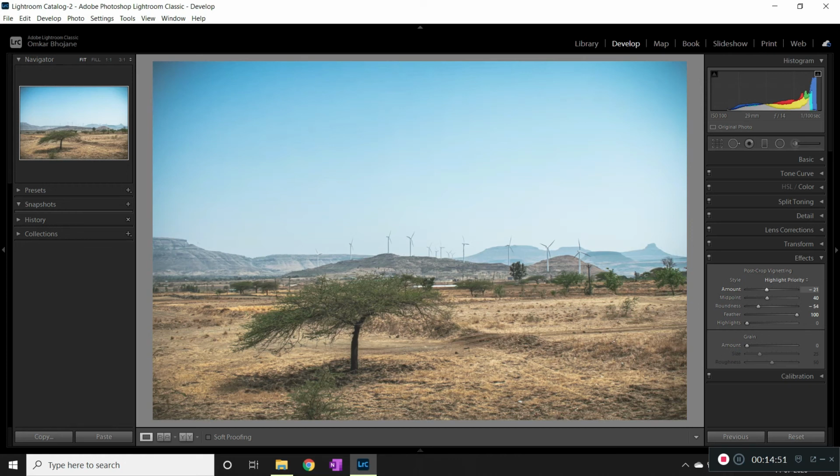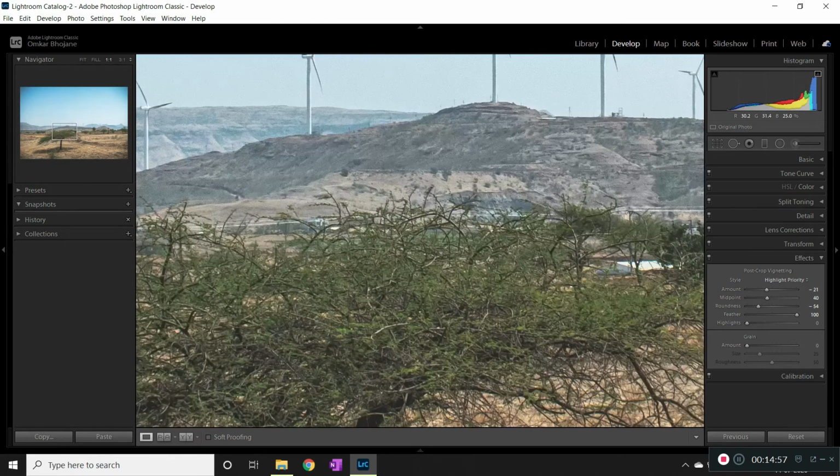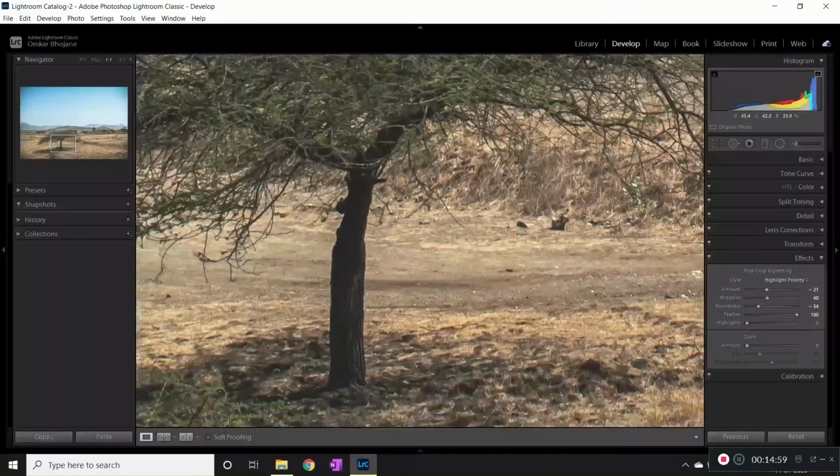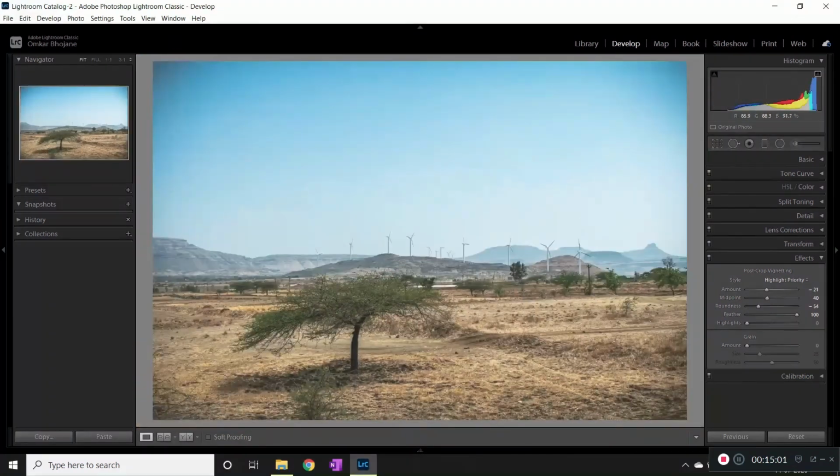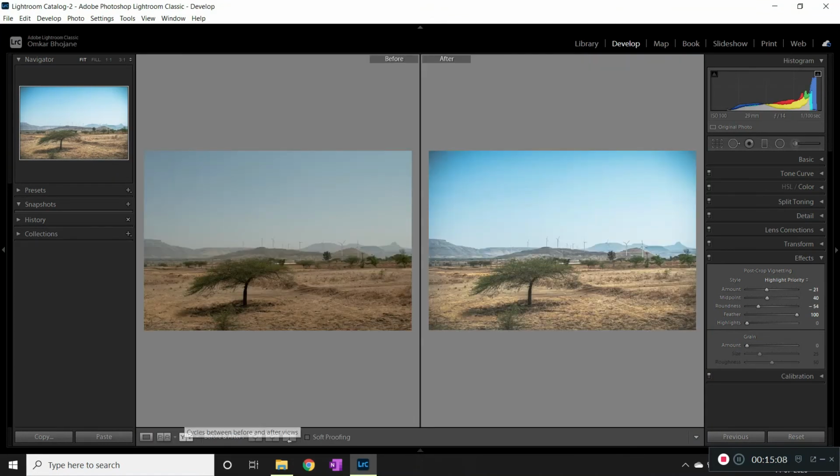And look at this image. It is looking so great. We'll take a closer look at this image. This image looks so great. Look at it. This was the before, and this is the after. I still feel I should reduce the vignette effect and keep it at -14. It looks great.